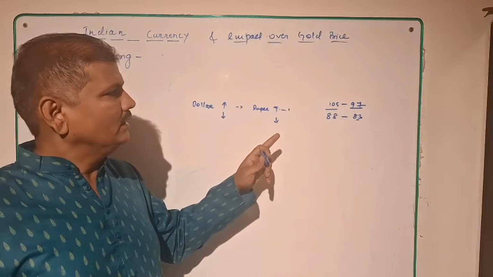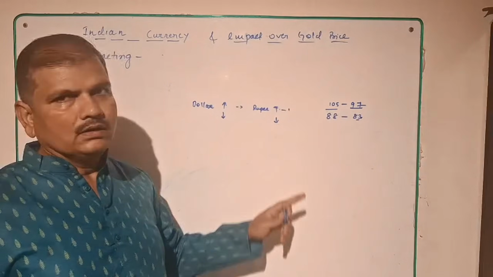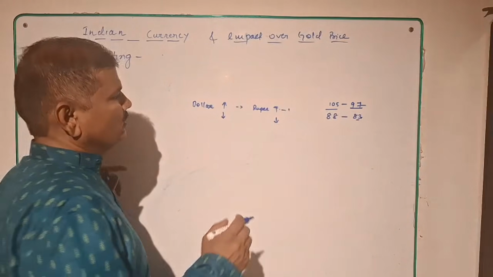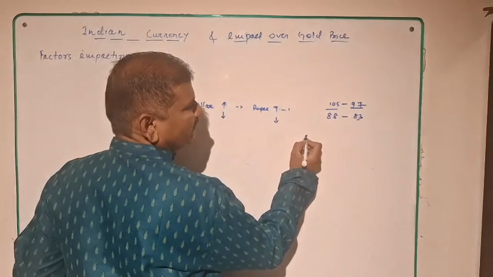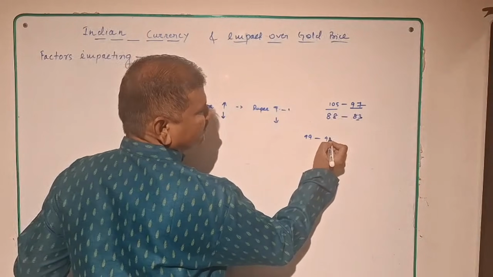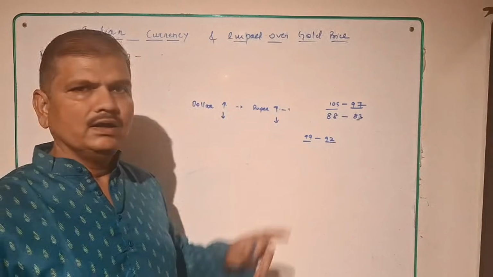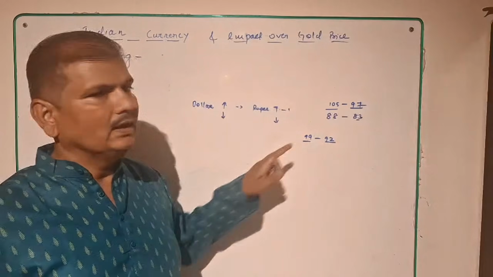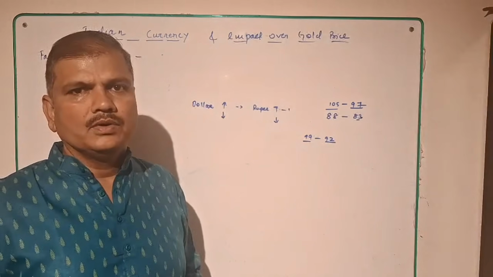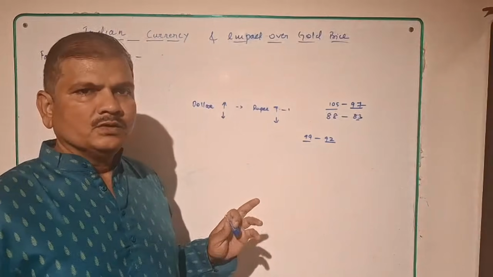How did the gold price movement occur during the last 1 week? The gold moved from a level of 99,000 to 92,000. Okay, we have seen this in 2 weeks. This happened in the commodity market. Okay, so